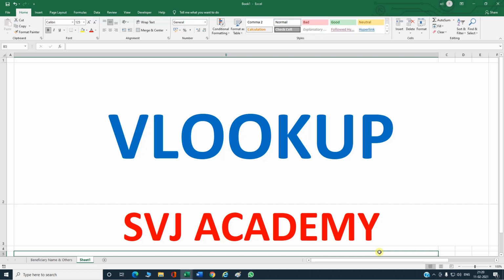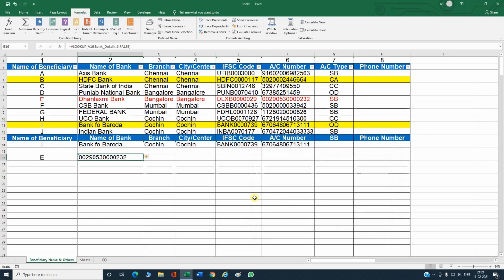So I will repeat once again the steps before using the VLOOKUP function. First of all, we have to prepare the data in a table with column heads. Every column has its own head. So give the proper heading, arrange the data column-wise. After that, on the top of the column, give the column index number for each column. After giving the column index number, select the entire data table by using Ctrl A. Go to formulas, name manager, give a name for the name manager. You can give any name as per your wish.